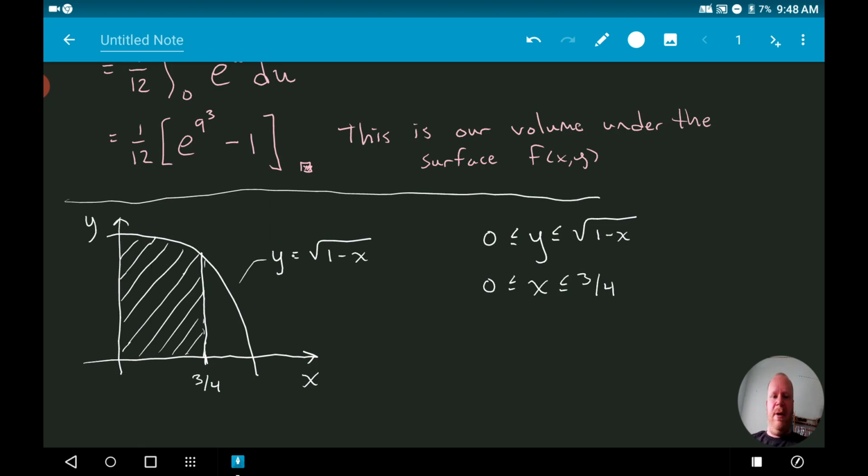But if you think about integrating this with respect to y first, we're sort of going to run into an issue because dy looks like this. Right? dy is just a small, infinitely thin rectangle that's got dimensions dy. So this is our dy, and that's going to be in between 0 and 3/4. But the problem lies up here,